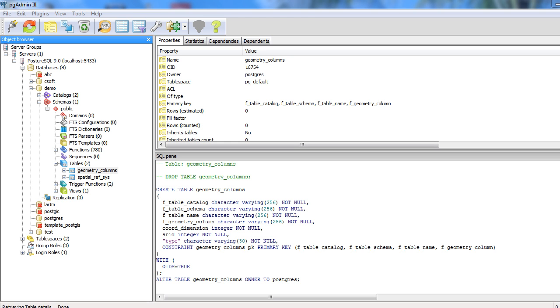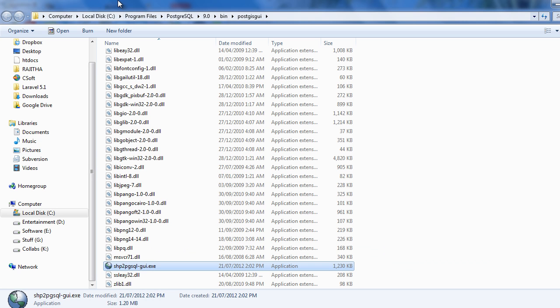If you have any difficulties finding this GUI tool, you can move to this installation folder and find this tool under the PostgreSQL version, within this bin folder.